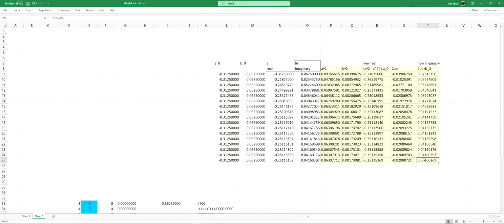0.041602. And then you can see the same thing is happening here in the new real. It converged onto a number. So that means this number belongs in the Mandelbrot set because it didn't blow up. And the way that we can check if it blew up is we can say this cell is equal to this cell plus this cell, and we can say if